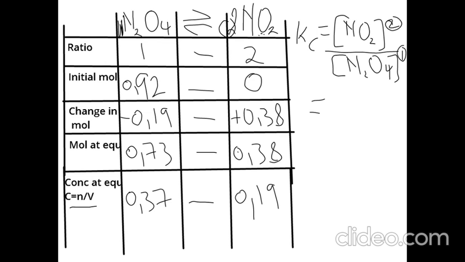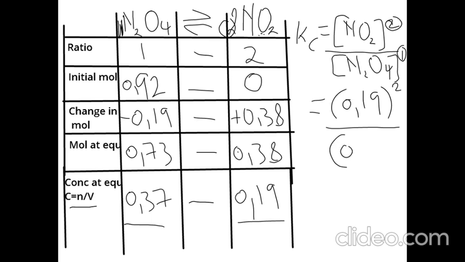According to the CAPS curriculum, you don't use the square brackets when you are substituting values, because already there you indicated that this is concentration in moles per cubic decimeter, isn't it so? Remember the square bracket represents concentration. Do not forget that. So we will say, open bracket, for the product 0.19 raised to the power of 2 all over the concentration of the reactant, dinitrogen tetroxide, being 0.37 raised to the exponent 1, which is equal to